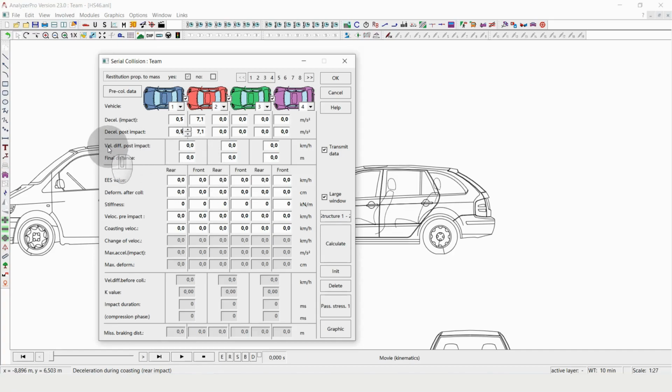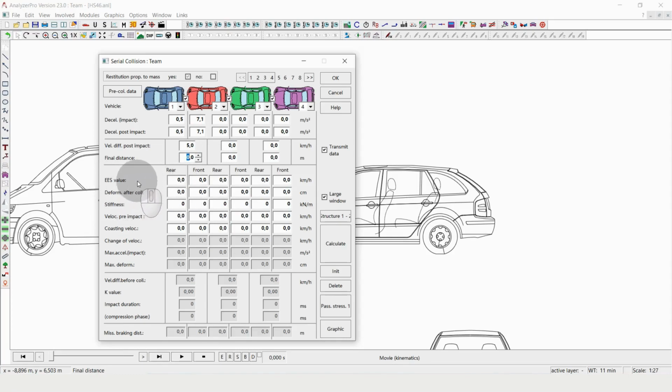So we have difference in velocity after the impact, or the final distance. Usually we don't know the final distance because cars might be moved away, or we just don't know it. But the good thing is that the velocity difference after the impact is usually in an area from like 4 to 5 kilometers per hour. So we are pretty much on the safe side if we put in the 5 kilometers per hour here. Okay,